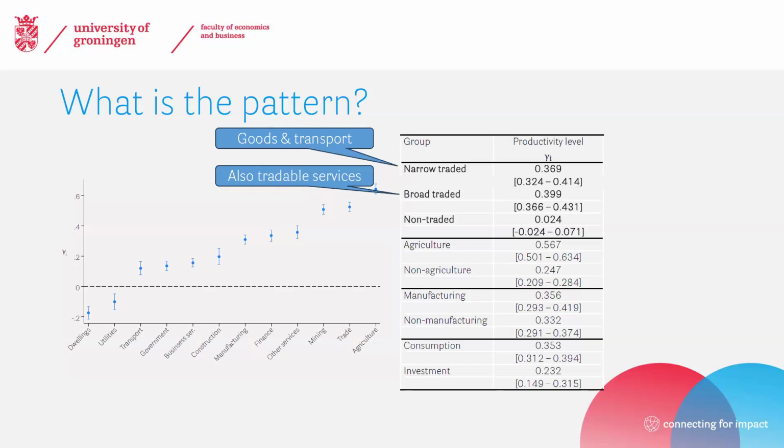So finance, business services, even wholesale trade, that's a big factor in facilitating the movement of products. So if we look at either this narrow or this broad definition, you get quite some variation. Well, if we look at the non-traded sectors, governments, utilities, construction, there's no systematic variation. Again, that doesn't mean there's no variation. These productivity differences can be very large, but these are not systematically correlated with the level of GDP per worker.